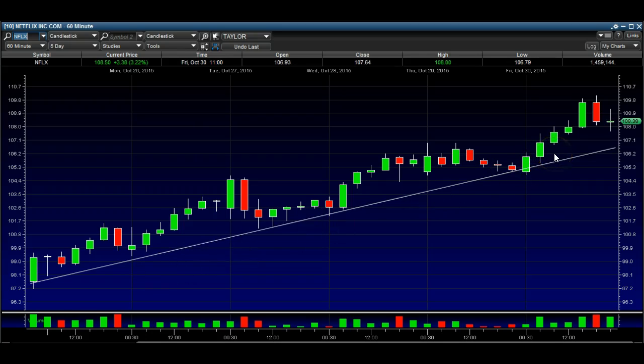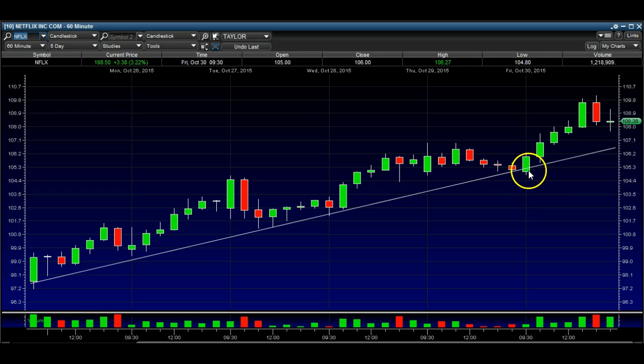So this trend line matches up perfectly with that concept. As you can see, we've got a touch here, a touch here, 2 touches. We've got 1, 2, 3 touches here, another one,